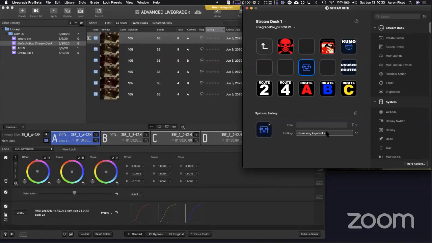That's going to be, what was it? Control Option Command Q. No, I don't want it to be called that. I want it to be called something else. So DeckLink